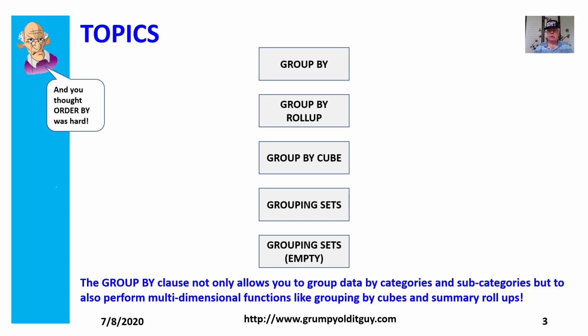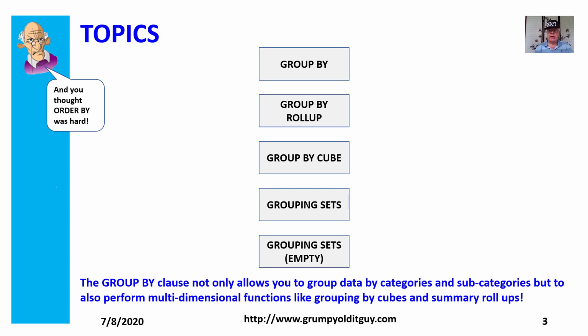Well, this clause allows you to group result data by category columns. Like, for example, grouping sales by product category, product subcategory, and product name. Now, these groups repeat as the categories change. And additionally, within the groups, you can roll up or summarize values as you go up and down the data